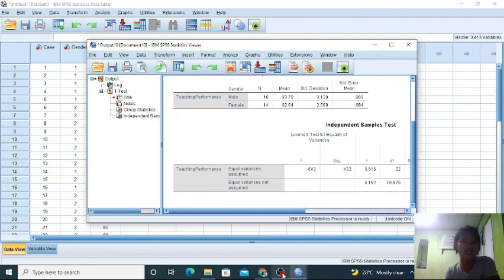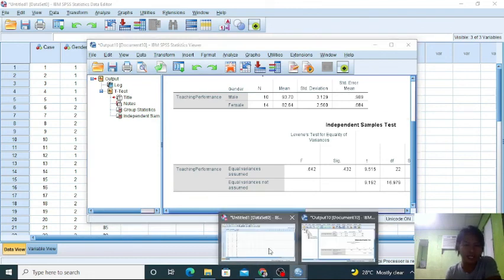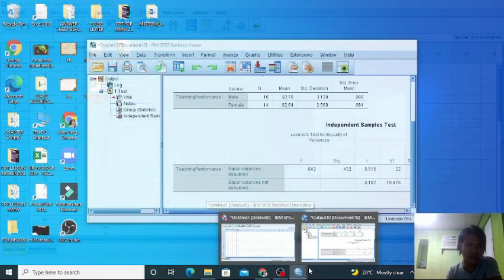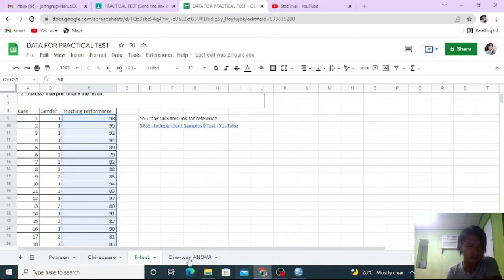Now these are all the summaries for my report. I already showed and explained to you how to get the Pearson correlation, chi-square, t-test, and one-way ANOVA using SPSS. I hope you learned